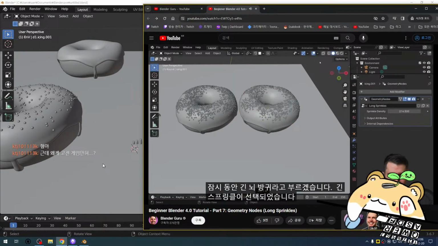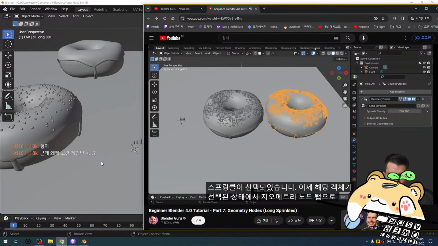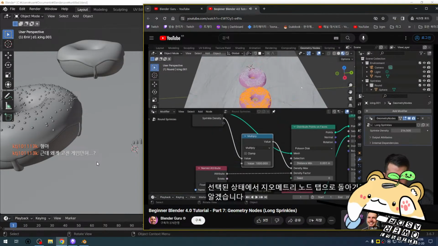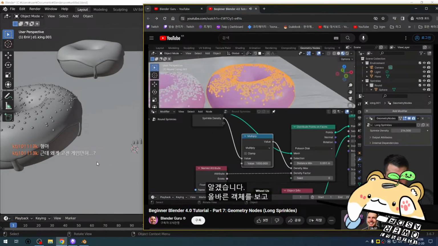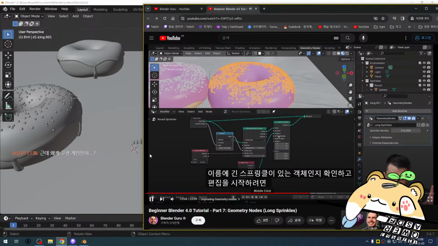Sprinkles. Okay. And with that object selected, let's go back to the geometry nodes tab. Okay. All right. So make sure you're looking at the right object. Make sure it's the one with long sprinkles in the name. And if we were to start editing here, we would have